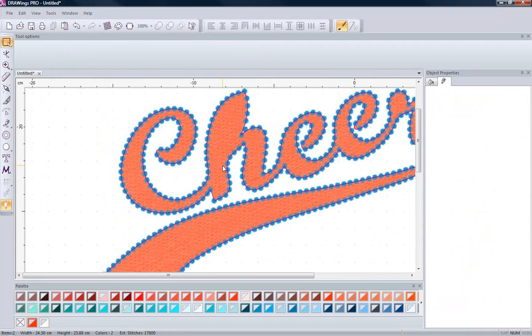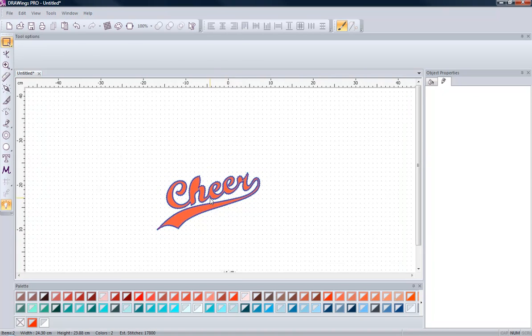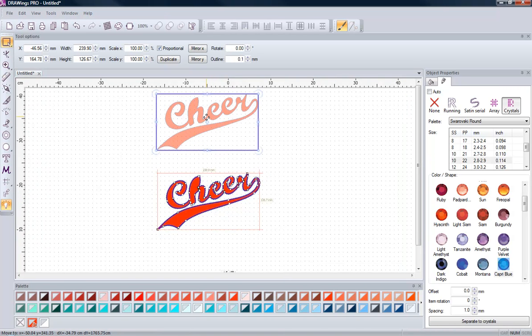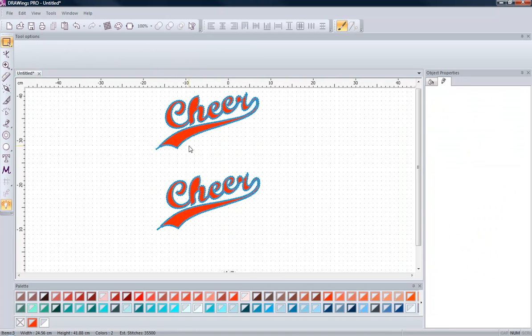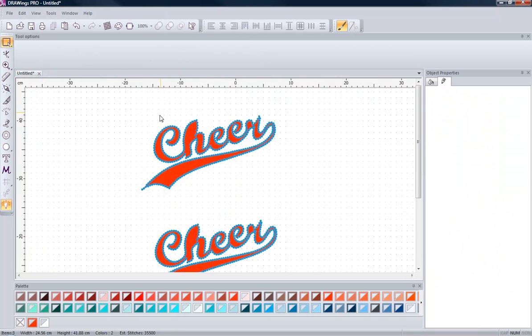Now, there is a fair bit of editing that I want to do to this design, and I want to show you. I'm actually going to just click and drag and then right click to make a duplicate. Okay, so now I actually have two versions. So this is kind of the default, just adding outline, and then I'm going to show you how